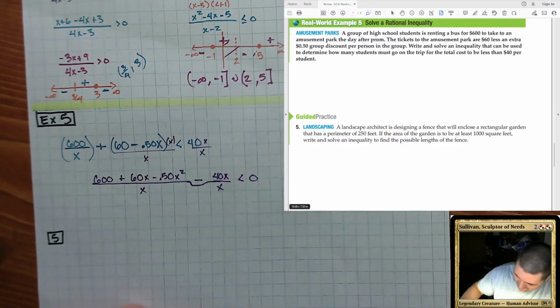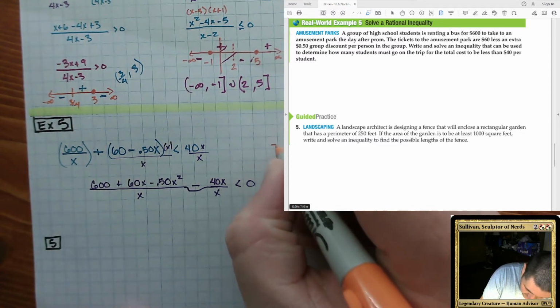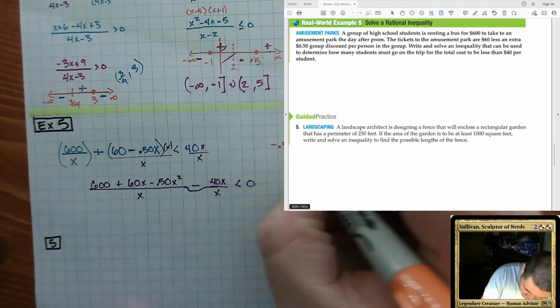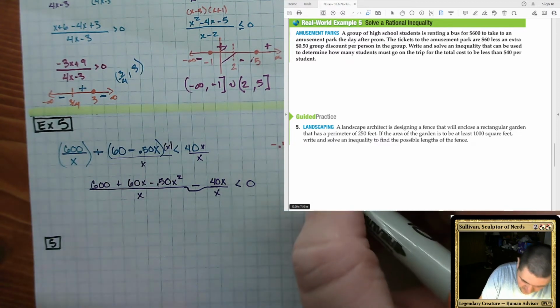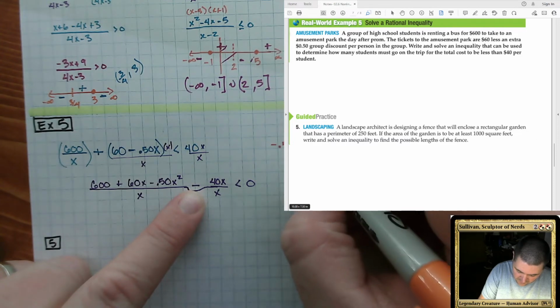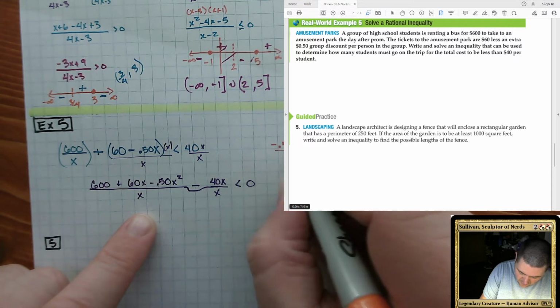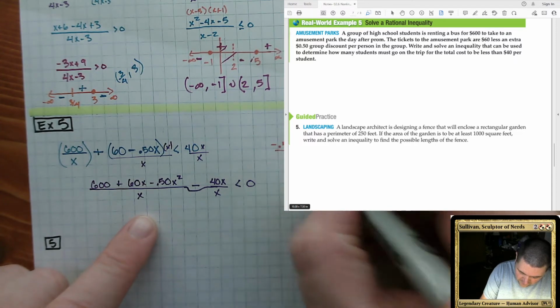Now combine like terms. Negative 50-cent x squared, 60x's minus 40x's plus 600, all over x